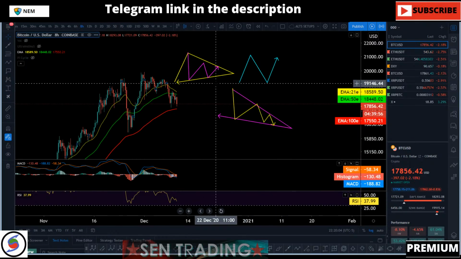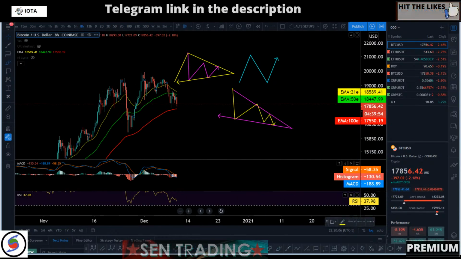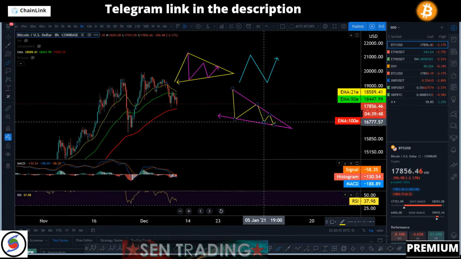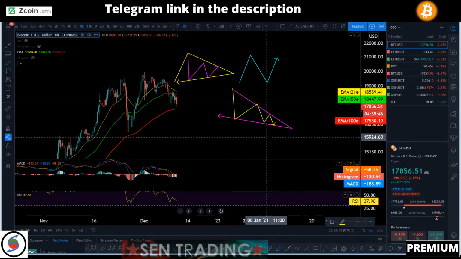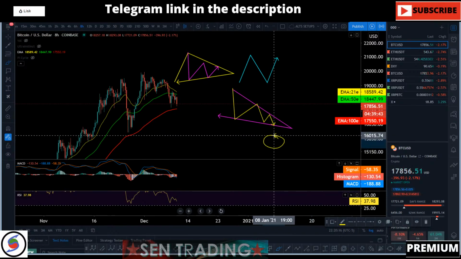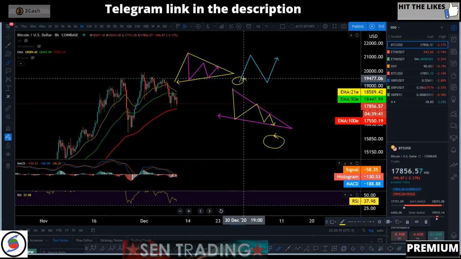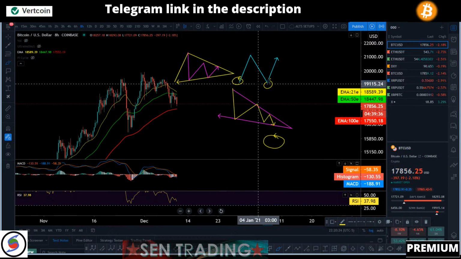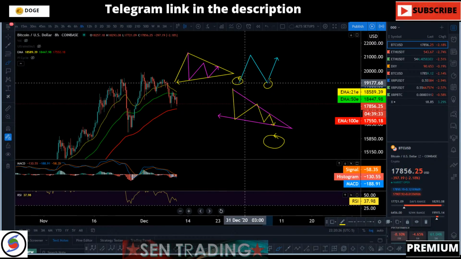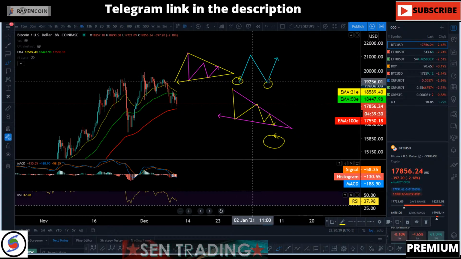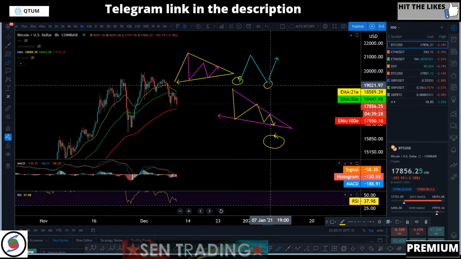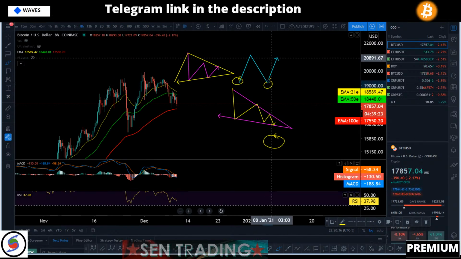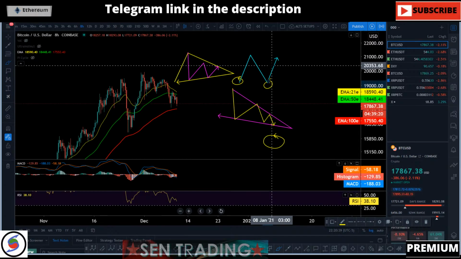So you just have to wait for confirmation, wait for your moving averages, wait for your MACD. Especially with a falling wedge, you always want to wait for a bullish crossover on your MACD. With a flat correction, once again you want to wait for a bullish crossover on your MACD. Depending on which time frame you're looking at, if it's the hourly, you want to wait for your hourly MACD to give you a triple bottom, double bottom, whatever type of formation for another push to the upside, right?